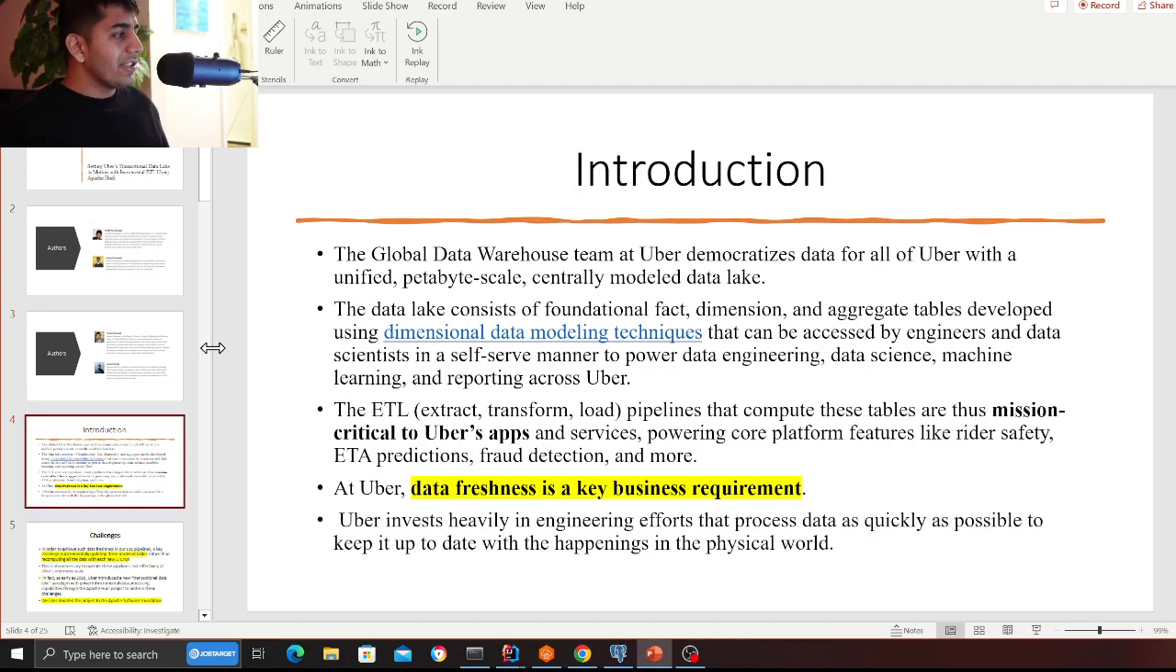So let's get started. The global data warehouse team at Uber democratizes data for all of Uber with a unified, petabyte-scale, centrally modeled data lake. The data lake consists of foundational facts, dimensions, and aggregate tables developed using dimensional data modeling techniques that can be accessed by engineers and data scientists in a self-serve manner to power data engineering, data science, machine learning, and reporting